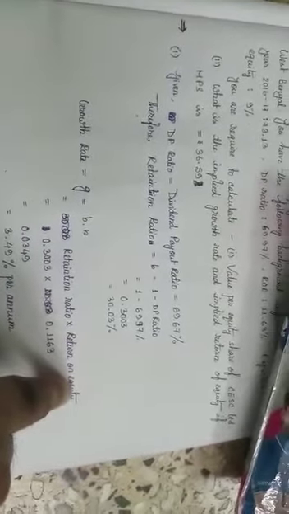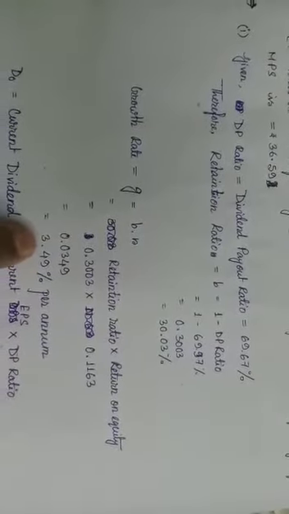Here B, that means retention ratio, is 30.03%, which is to be written as 0.3003, and the return on equity is given in the question. It is 11.63%. So if we multiply retention ratio with return on equity, we have the growth rate. Here the growth rate comes to 3.49% per annum.